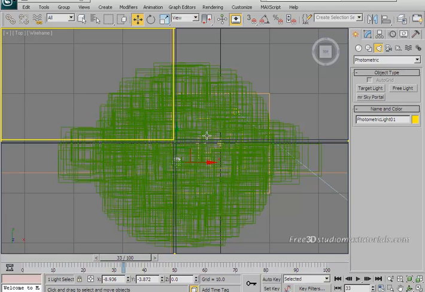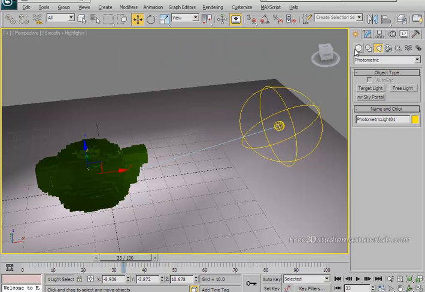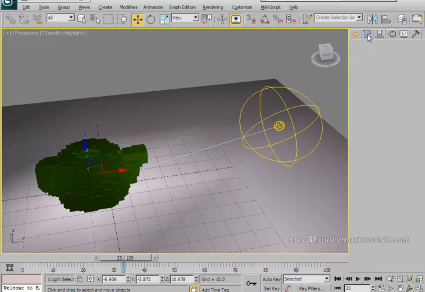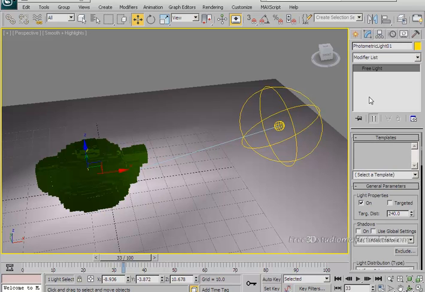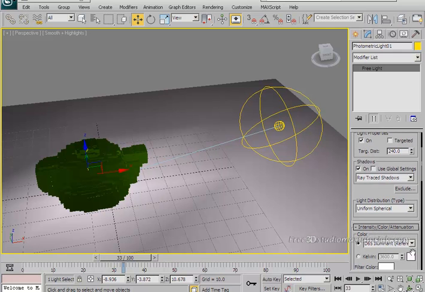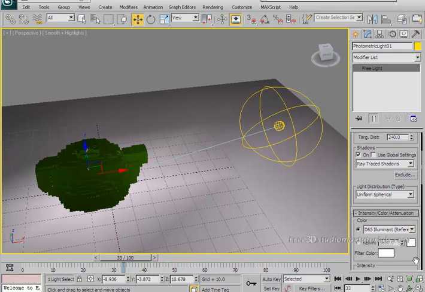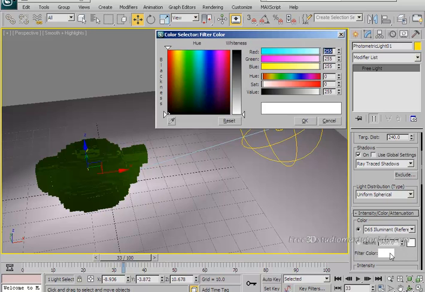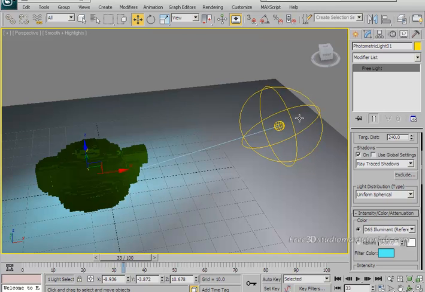Okay, now go back to your perspective viewport, and with the light selected, go to the modify panel, and in the shadows just check shadows on, and change its filter color. Click on that and change it to something like blue to make a nice effect. Okay, now make sure your shadow type is set to ray traced shadows,